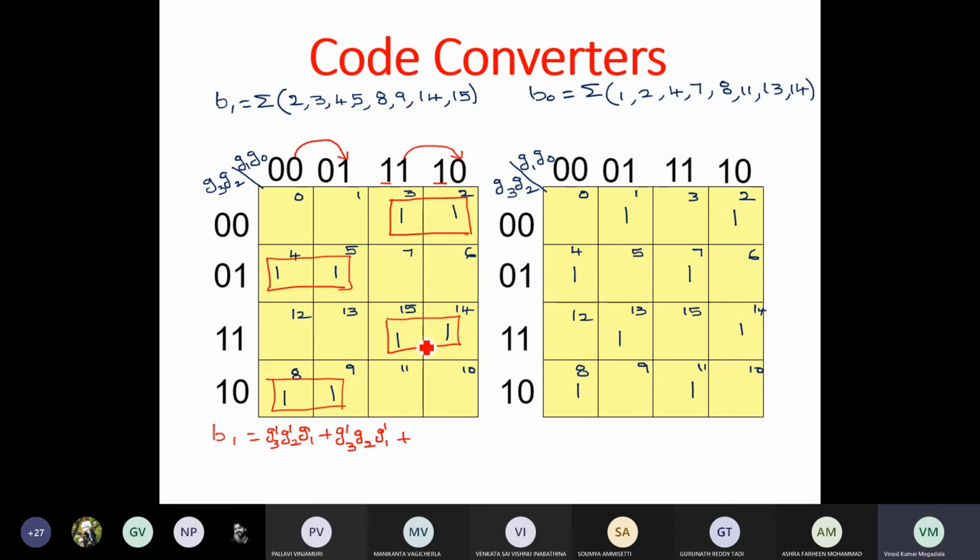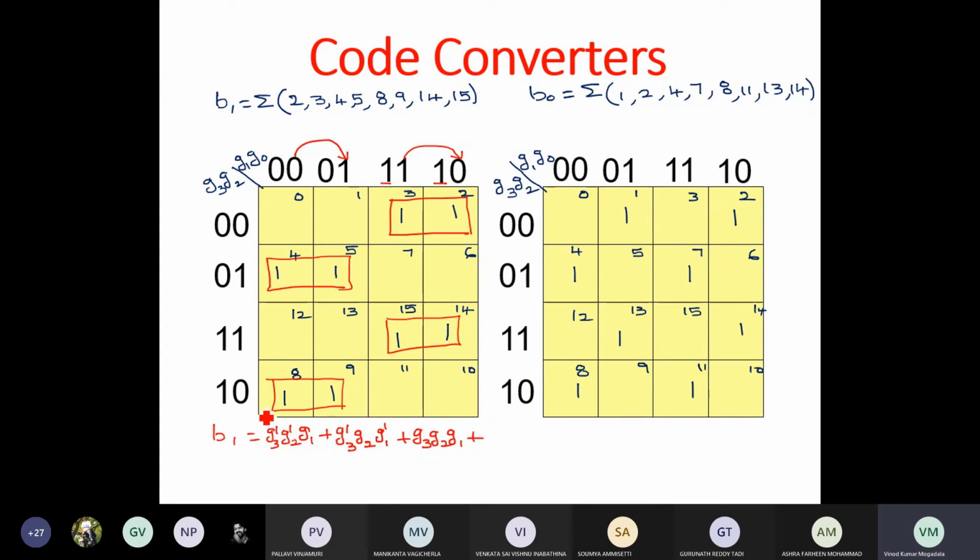And then for this, now you see Z3, Z2 are 1, 1, so it is simply Z3, Z2. Again for these two cells, Z0 is changing from 1 to 0, whereas Z1 is 1, so we'll get simply Z1.